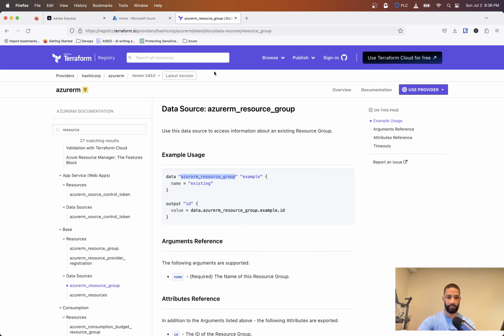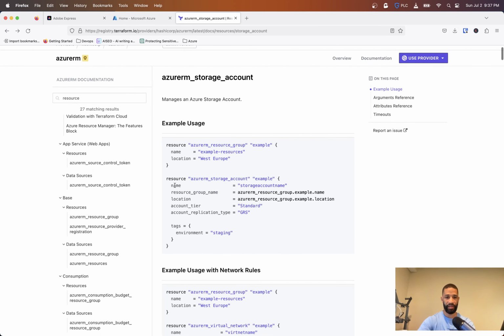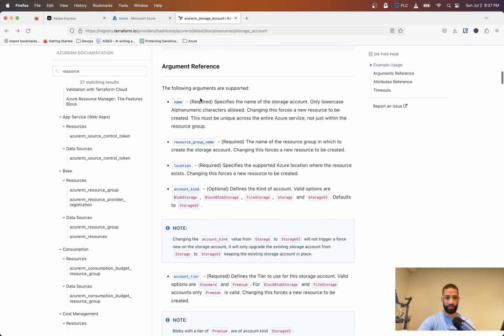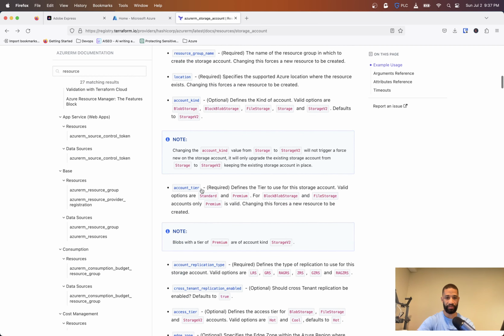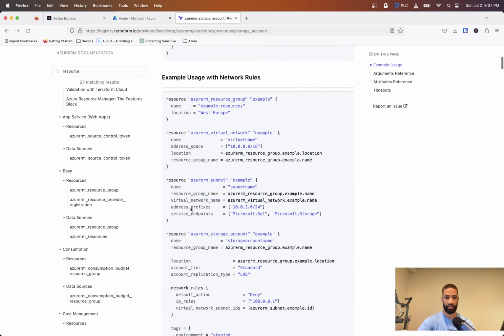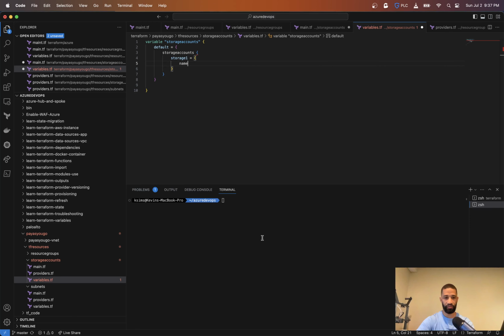We need name. And what do we need for the storage account? So if we go back, we need name, resource group, location, account tier, account replication type. Okay, so we'll just take all these here, and we'll make these into, and for the resource group name, we're going to call this,